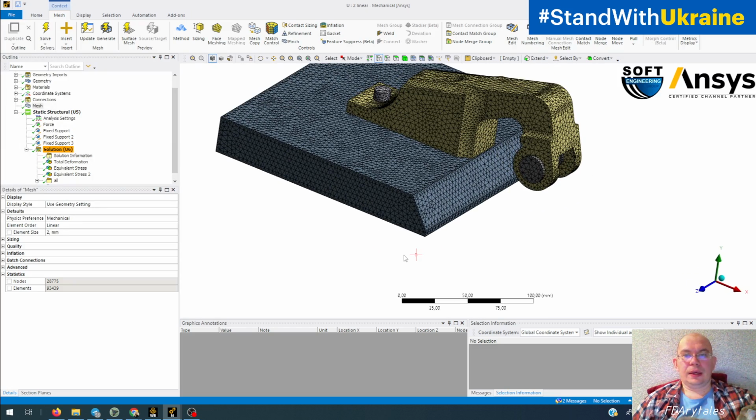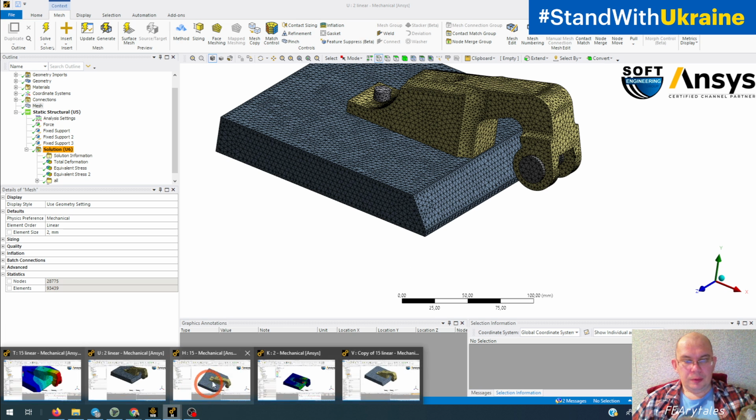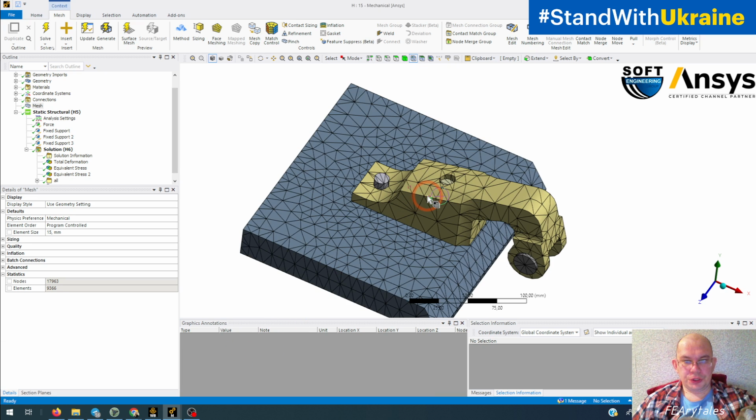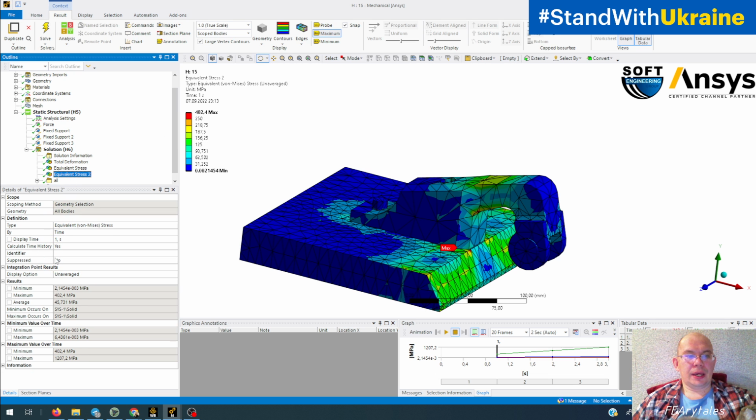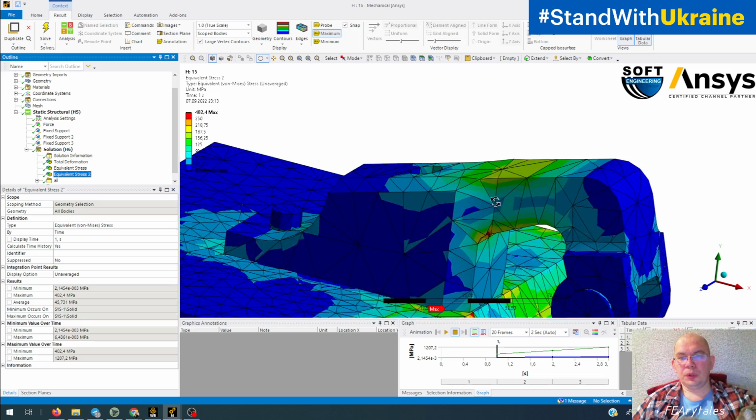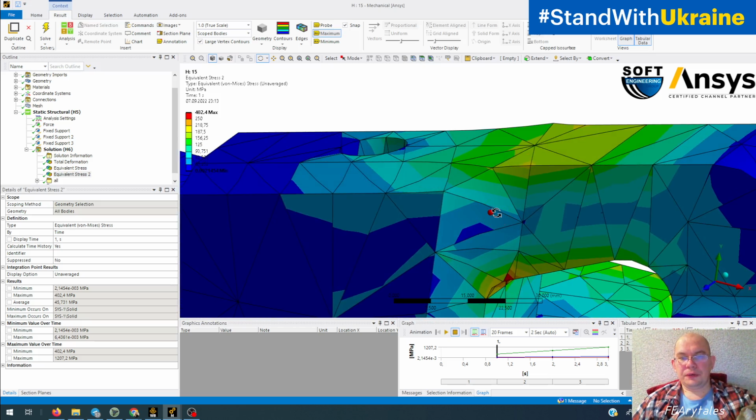Why is it so? Let's come to our default mesh and let's take a look not at averaged solution but at unaveraged, and we will see that we have a very big difference